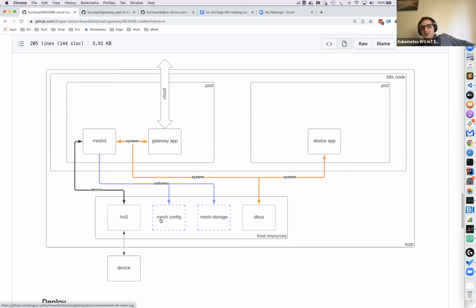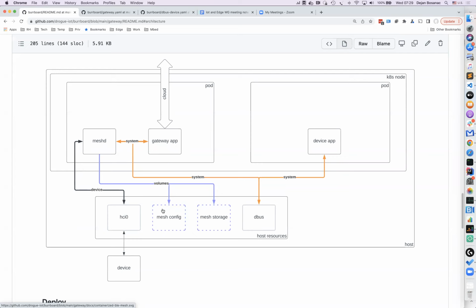And the final thing you need for this, because this mesh daemon is basically holding a lot of state, meaning it needs to know all the devices it communicates with, it needs to know all the keys, and there needs to be a provisioning process for a device to actually join the mesh. So as you can see here, there are two things.